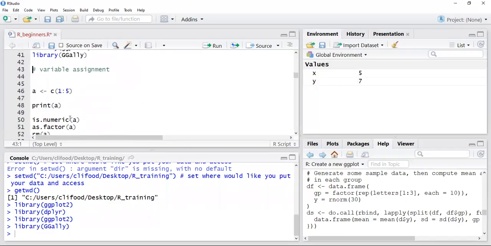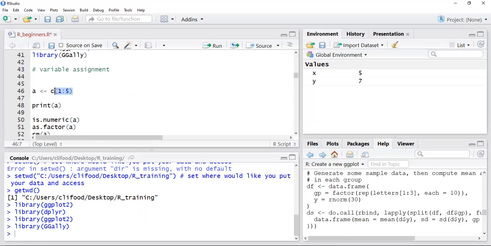Yeah, package to use. Then after completing the installation, we need to assign a variable to certain values. How to assign? In this case, I would like to assign for A some values, and for example, the